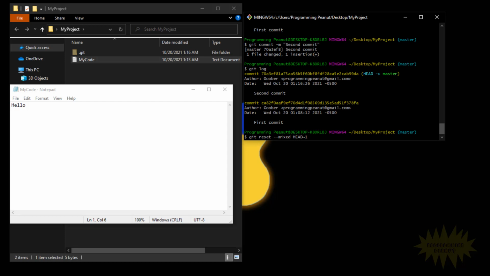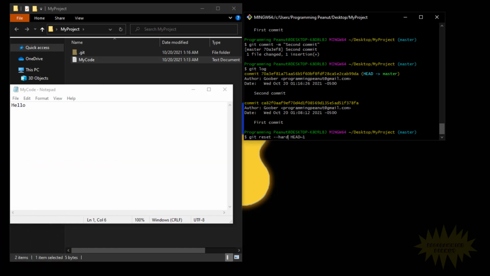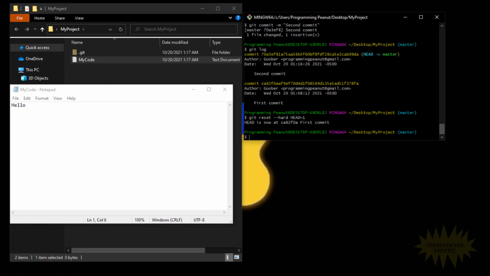So like I said, git reset --soft, and then you specify the commit. That'll move the changes over to the staging area. If you do --mixed, it'll move them over to the working directory. And then you probably guessed that if I were to do --hard, it'll undo the commit, and those changes will be wiped away, so deleted, right? So if I do git reset --hard HEAD~1, press enter,